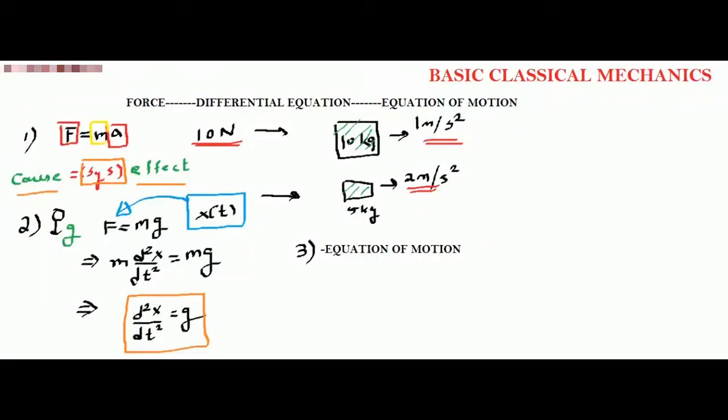So in the last lecture, we were discussing the three fundamental steps in classical mechanics. One is to determine the force in the system. Then from the force, you find the differential equation, and solve the differential equation to find the equation of motion. So now we'll solve the equation of motion for this differential equation. I already told you in the last class what this differential equation is and what we are doing. Okay. So how do we solve this?